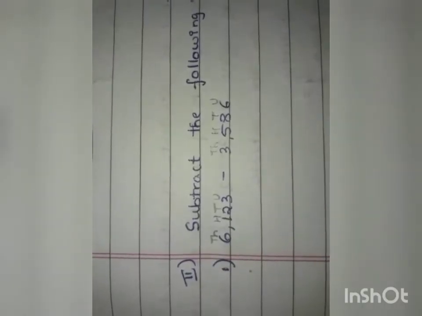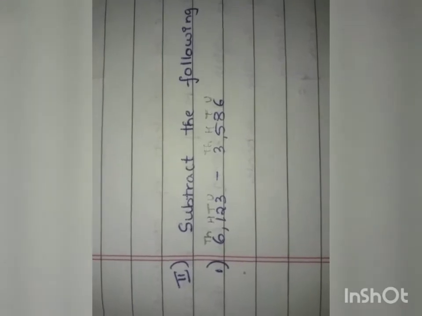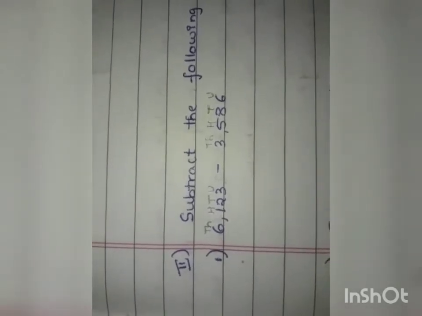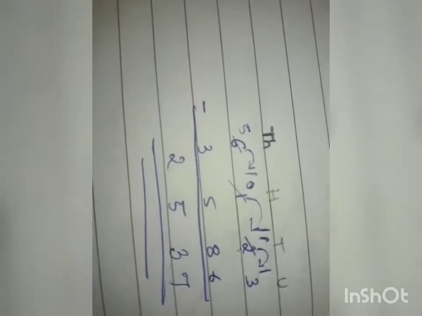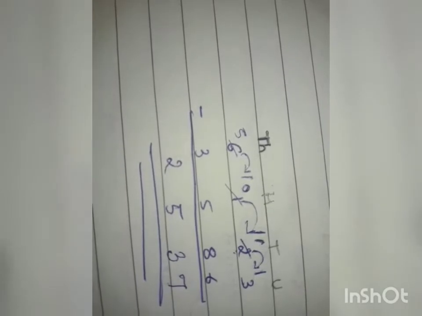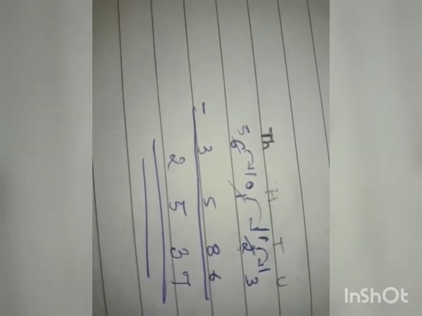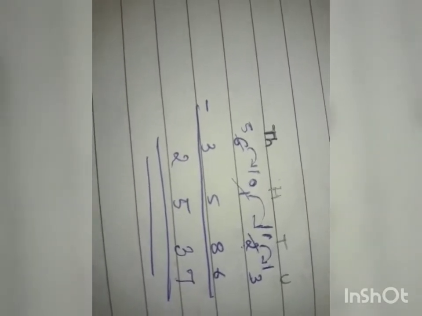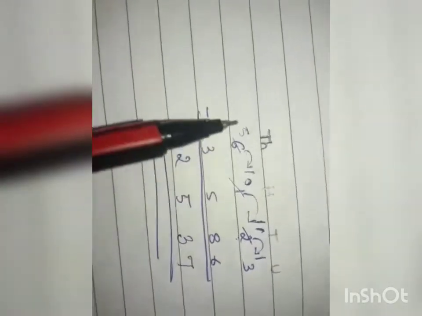Once you have written the place values of the numbers, write these numbers under their place values to subtract them. That is, if you want the number for units, you have to borrow it from tens. You can't borrow it from thousands. Got it, no? You can only borrow a number from thousands for hundreds.